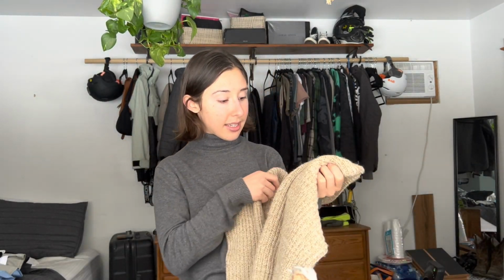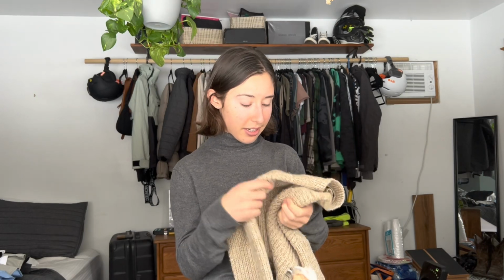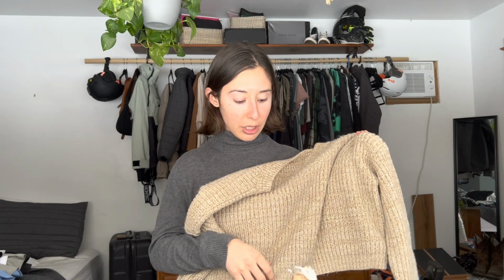And then I have this Misguided crop. It was a hand-me-down from my sister. It's kind of a beigey material, two-toned, like two different colors are in this. It's cropped, so not really ideal for incredibly cold winters, but I've already worn this. It's not incredibly warm. I think it's made of acrylic, so it's not real natural fibers, which normally you would want for the winter, but